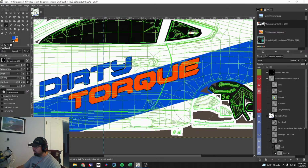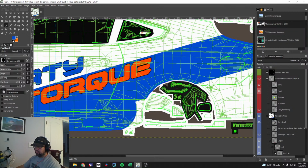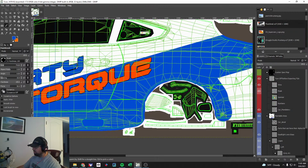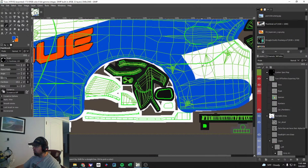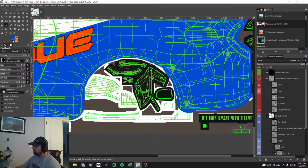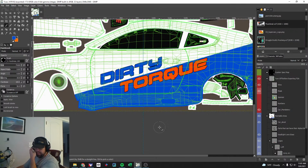So let's turn on our wire. And I'm probably going to be careful to not paint the crap in the wheel well until I know that I should. So let's get rid of all that stuff. You never know what they've slid in there, so. Probably do a different color splitter down at the bottom regardless, but okay,